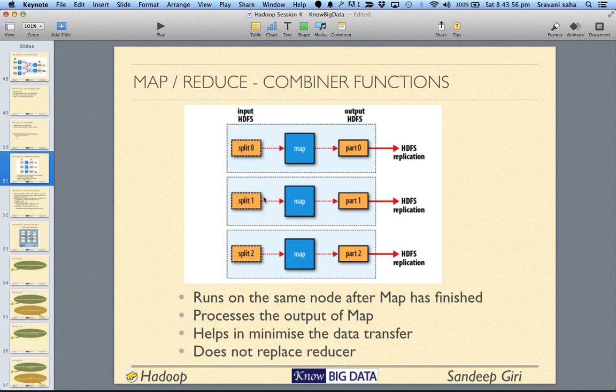I think there is something wrong with this diagram. Never mind. Okay. Actually, this diagram is without the reducer, and this diagram has got mistakes. Never mind. So, what we were saying is